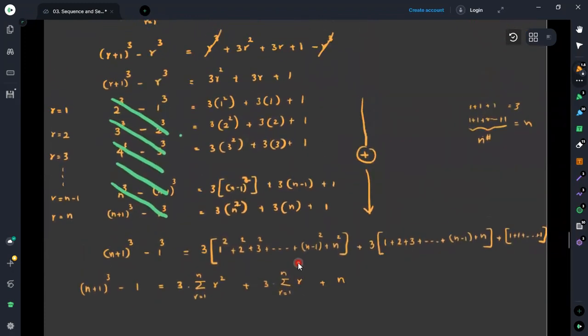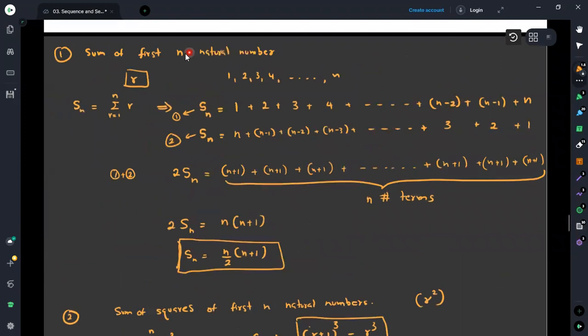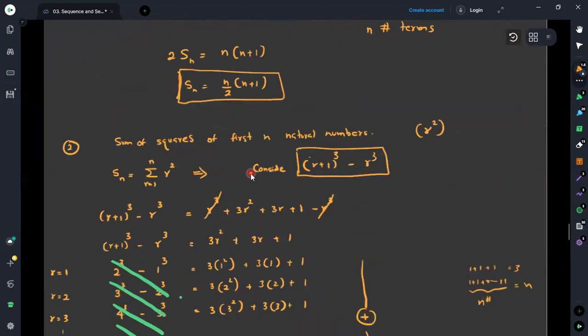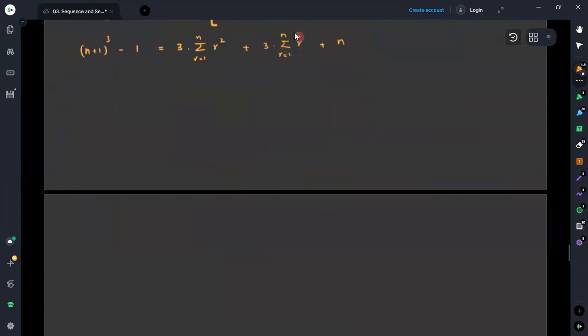When we are discussing about the summation of first n natural numbers, we have identified the summation of first n natural numbers as n divided by 2 times n plus 1. This was the summation that we have obtained. It was considered as summation of r. Now we have obtained the similar quantity like that. Therefore, instead of summation of r, what we can take is n divided by 2 times n plus 1. Now we can have the appropriate substitution to obtain the answers.